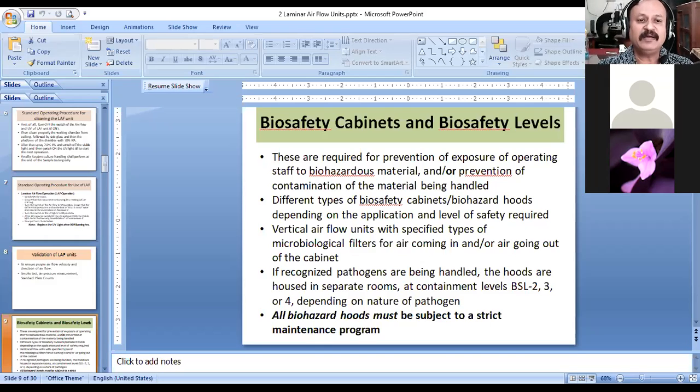Okay, then a lab coat should be worn. Okay, I think in your microbiology practicals, in your FY or TY BSc, because of the pandemic,